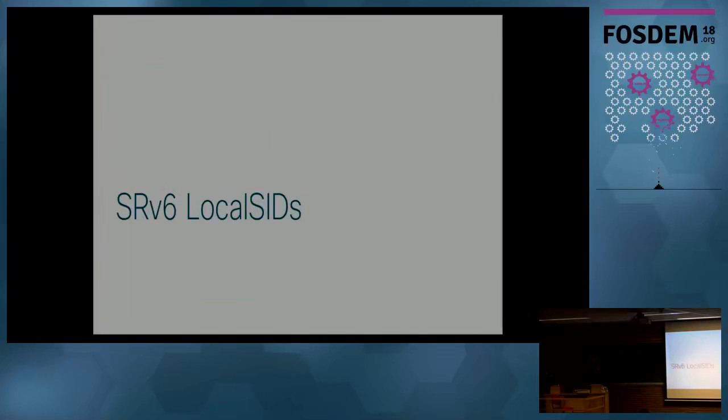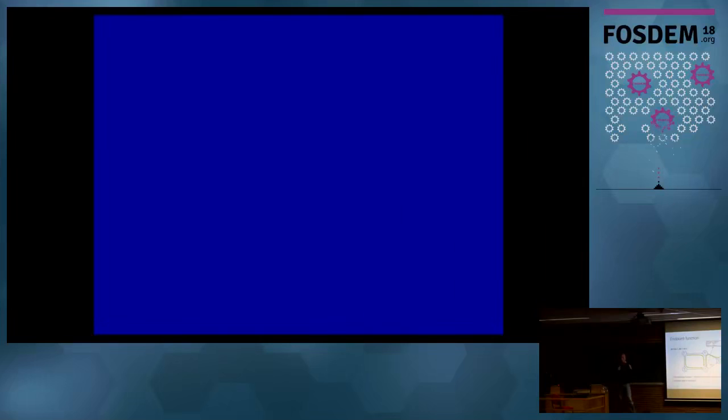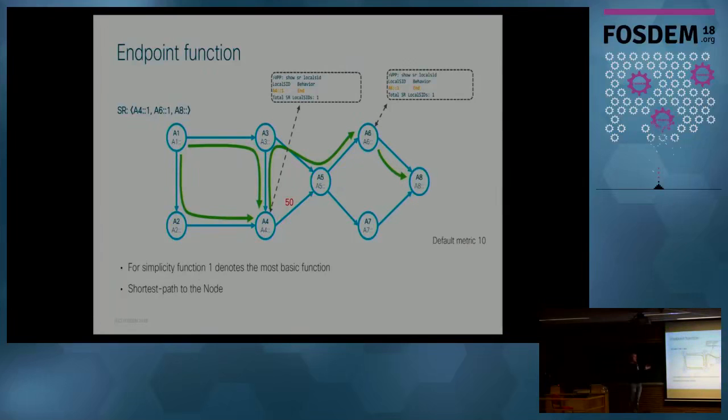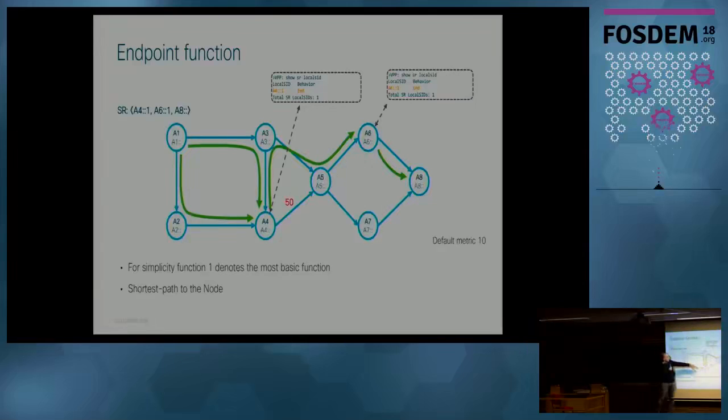So what is segment routing? What is a SID? What is a segment? What is the function that we are executing? The easiest and most straightforward example: go through the ECMP-aware shortest path up to a given node in the network. So let's say I'm on A1 and I want to go through the shortest path up to A4, and then I want to go through the shortest path up to A6. So then I just have to add into my packet a segment routing header with the segments A4, A6, and